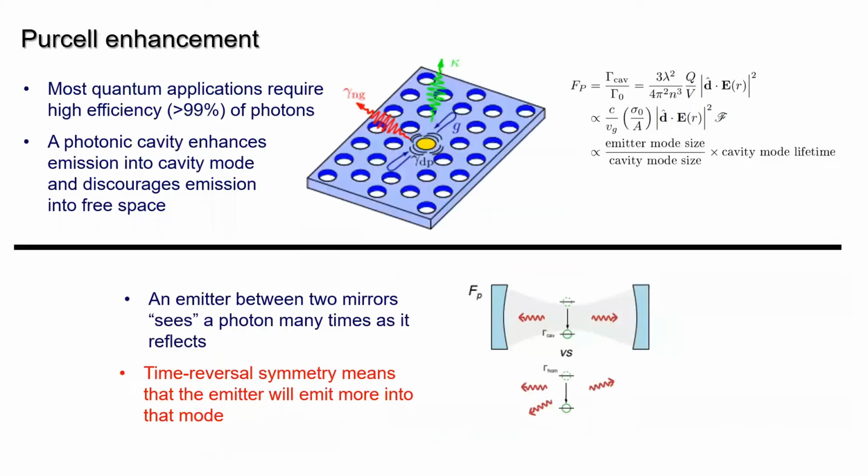Okay, so I've been bragging a lot about organic molecules, but as I mentioned at the beginning, if you want to use it for anything useful, you need an efficiency of greater than 99%. So 50% is just not good enough. You need to enhance it somehow. And one way to enhance the quantum emission of an emitter is to put it inside a photonic cavity, right? So a photonic cavity,